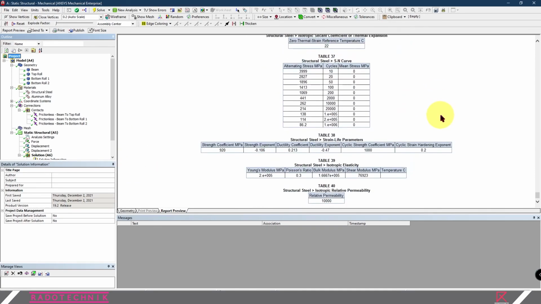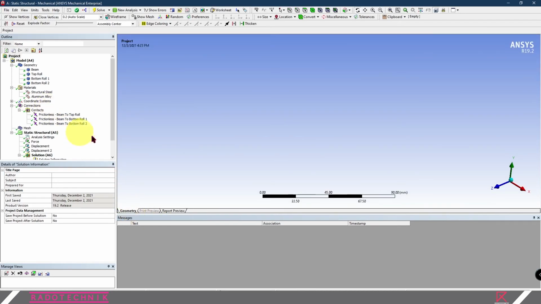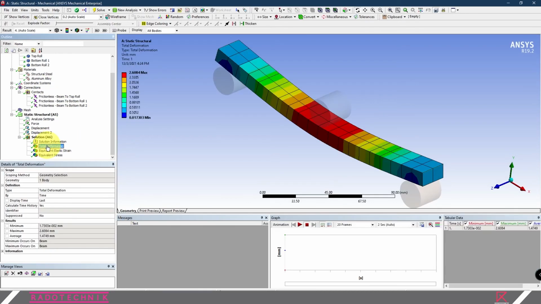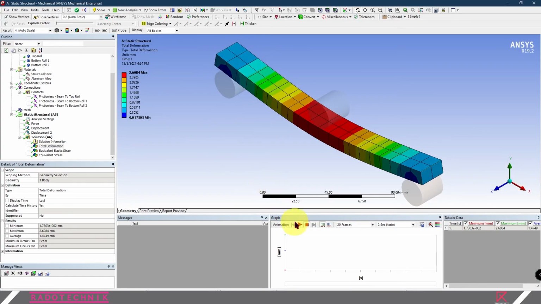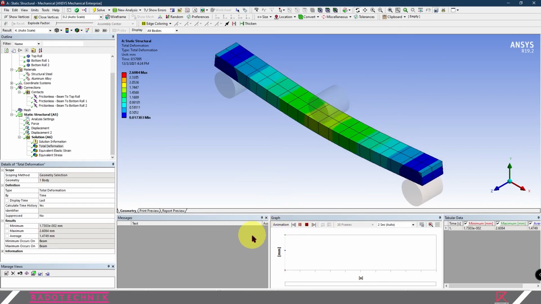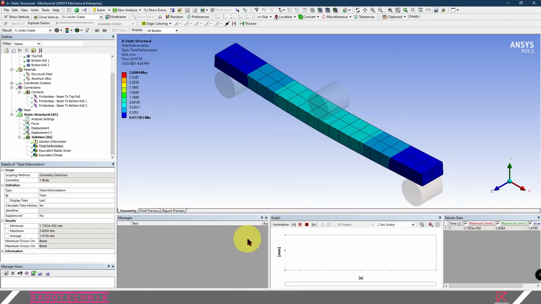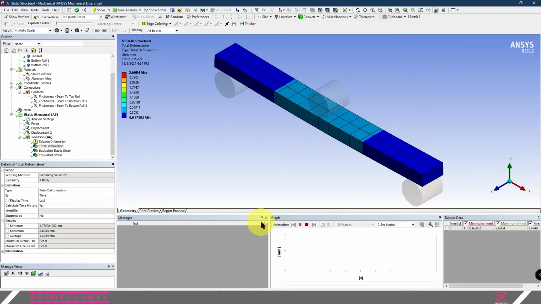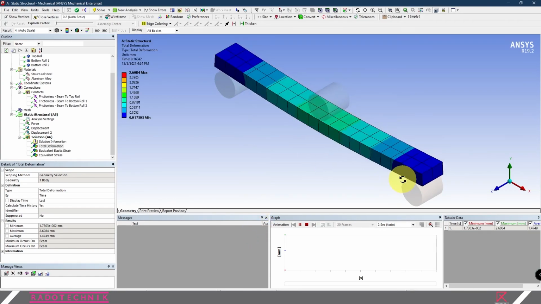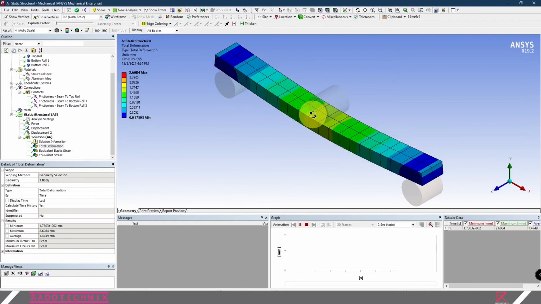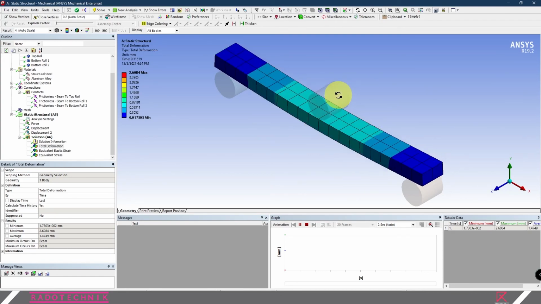And of course, you can manually go to the geometry and click the solution like this, total deformation. You can play the animation like this. You can see how the beam has been deformed by 10,000 Newton force using the single mid top roller.